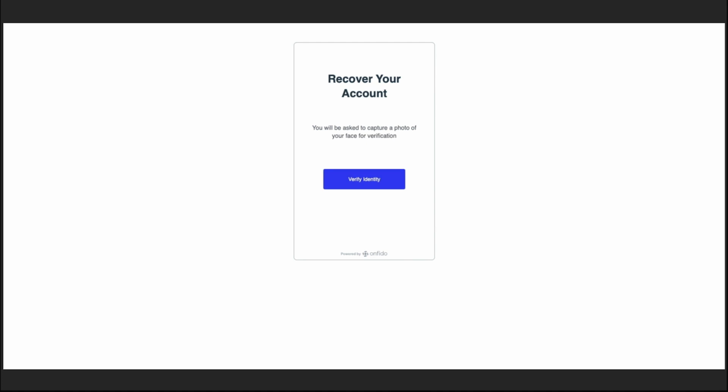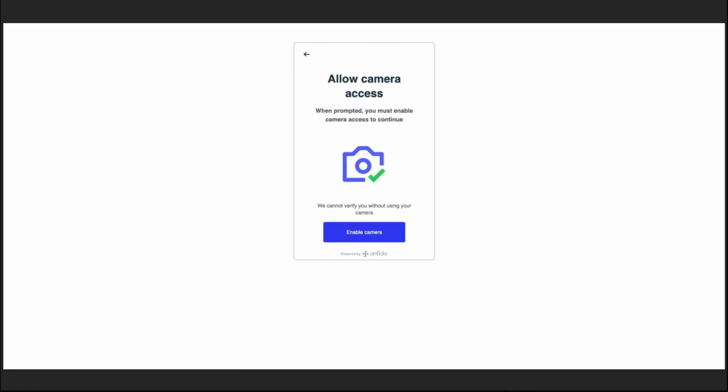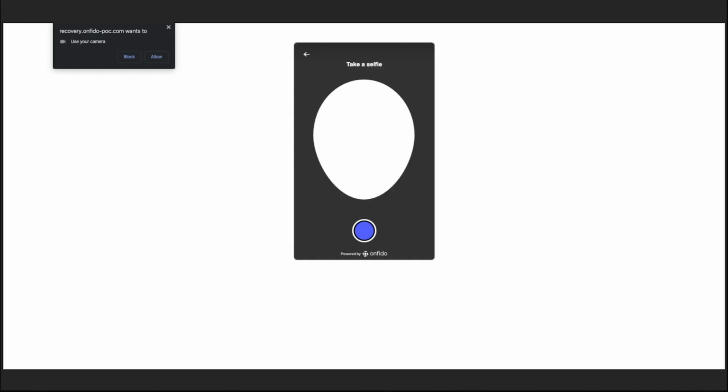The user will then click Verify Identity. To keep moving through the flow, they'll click Continue. They will be prompted to allow camera access if their system supports a webcam. Otherwise, it would flow back into a cross-device process like we saw in the registration step. The user is able to take a selfie,